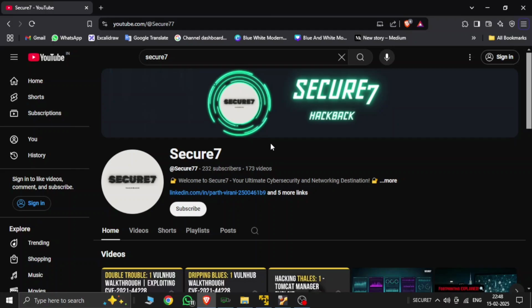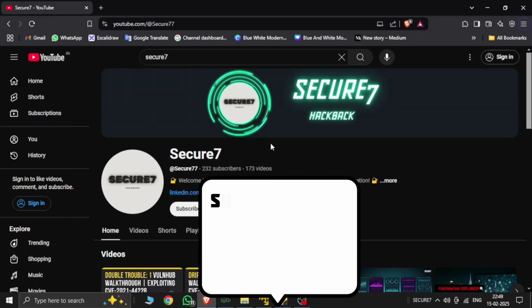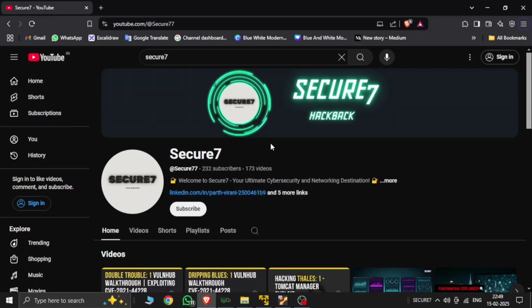Imagine you are a network administrator at a company and you want to ensure there are no unauthorized devices connected to your network. Using network scanning tools, you can identify all the active devices and check their security risks. Here are the common networking tools. First up, we have